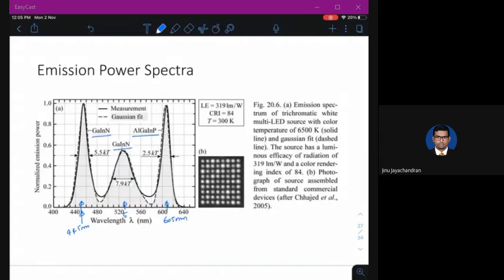While this is, let's say, 525 nanometer, which is very high, you can still make use of this spectrum to construct LEDs which will emit 3 different radiations, which will finally give you a white light.